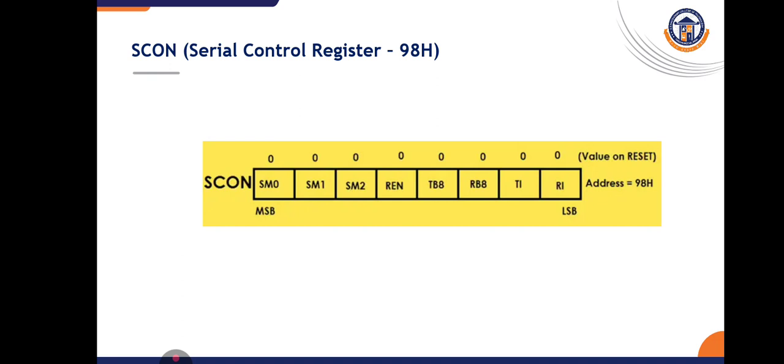Using SCON, you can control the operation modes and baud rate of the serial port, and we can send or receive data using the serial port. The SCON register consists of bits that are automatically set when a byte of data is transmitted. In SCON we have the mode bits SM0, SM1, SM2, REN, the receiver enable, TB8, RB8, and the transmit flag,